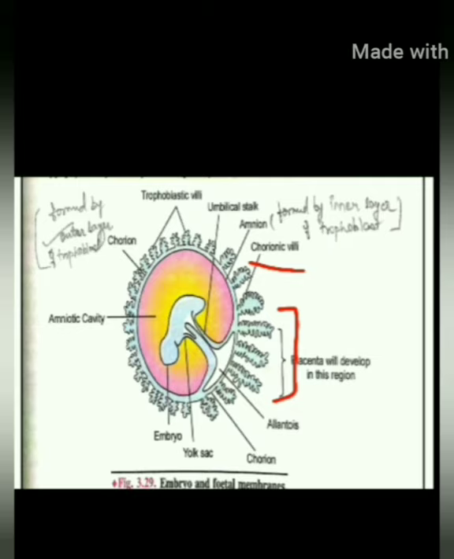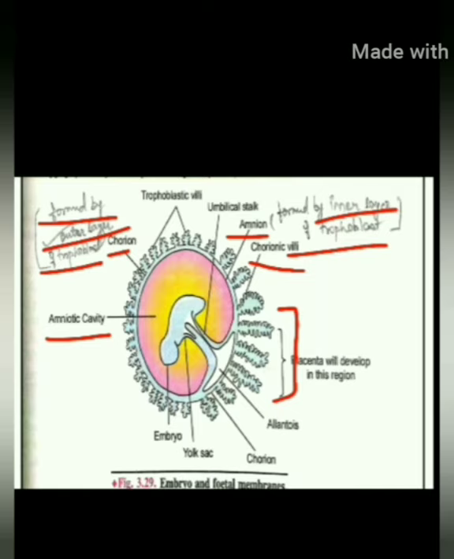From this chorionic villi, they make finger-like projections that form the placenta. Now below this chorion, the next layer is called the amnion. The chorion is the outer layer of trophoblast and the amnion is the inner layer. The amnion covers the cavity of fluid that is known as the amniotic cavity. That amniotic fluid is present, so it covers the amniotic cavity.